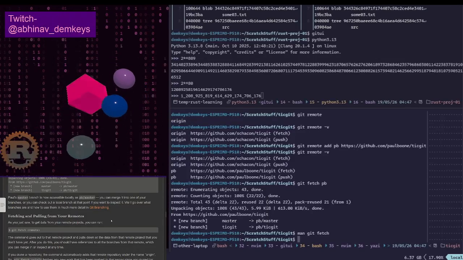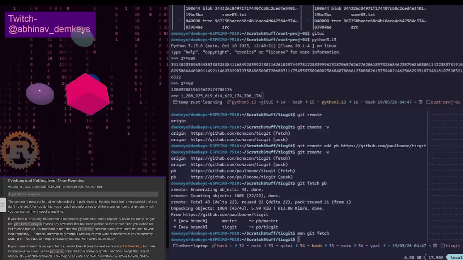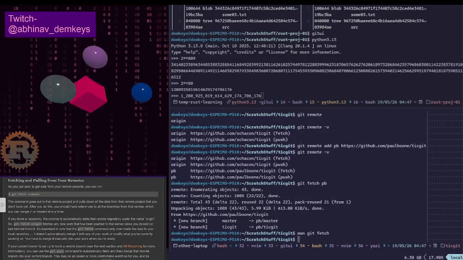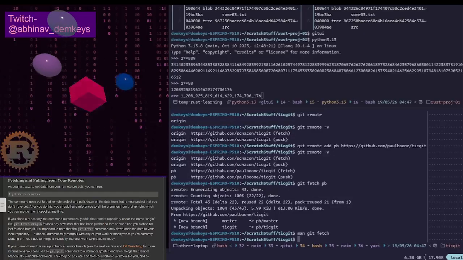As you just saw, to get data from your remote projects, you can run the fetch command. The command goes out to that remote project and pulls down all the data from that remote project that you don't have yet. After you do this, you should have references to all the branches from that. Oh, it's not pulling a specific branch. Okay,